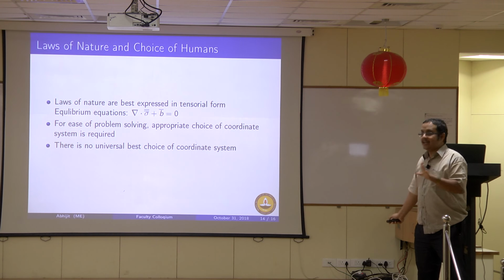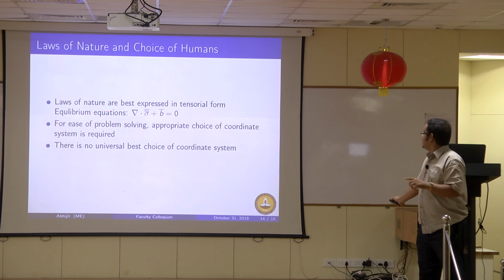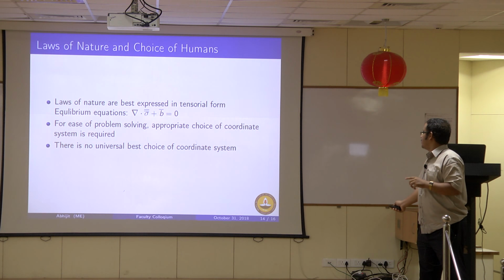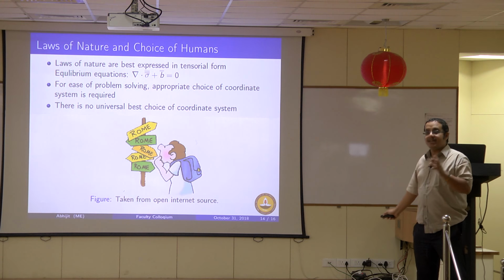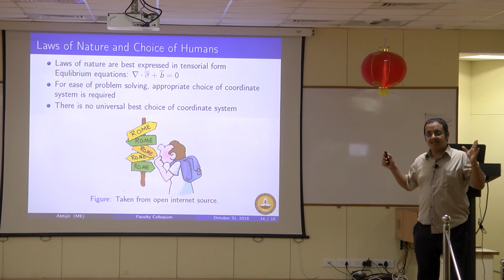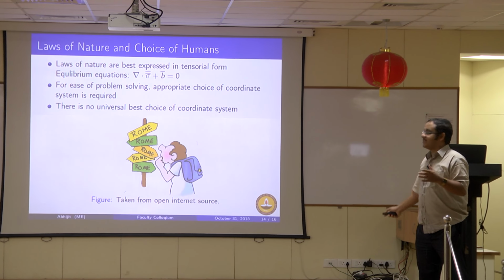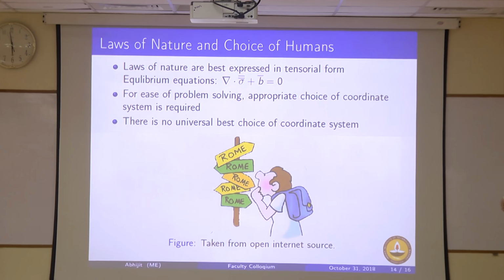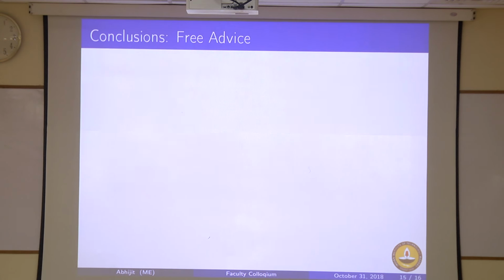Okay. Other than that, there is no reason to mug any of those equations. Neither should you mug this one, you should know the derivation of this one, that this is the equilibrium equation. So again, this is nicely brought out in this cartoon. There are many roads which are leading to the same real truth. It is just that you are getting confused by the very fact that there are many roads leading to the same truth.